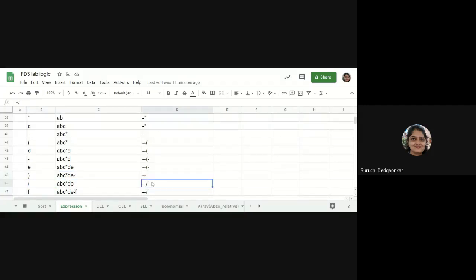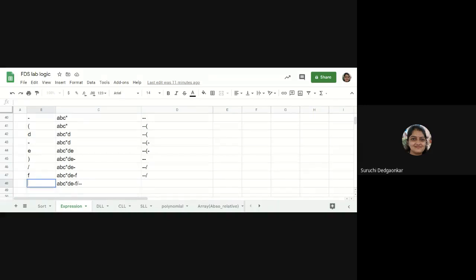Divide will go directly into the operator stack because the precedence of minus is lower. Okay, minus is having lower precedence. Then F will be in postfix. Then last is slash 0.